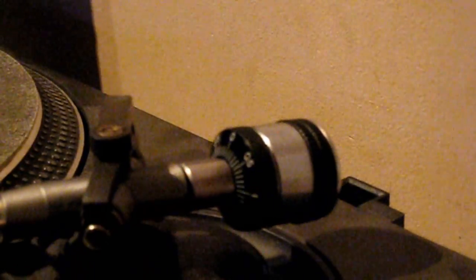So if you take that out, you can see it just floats. Now what you want to do